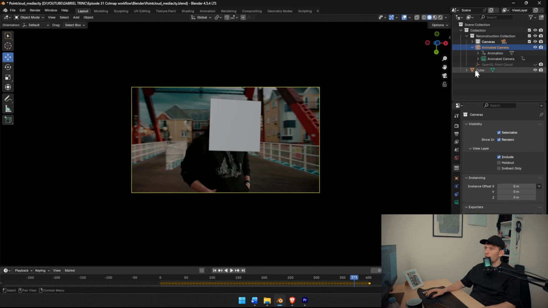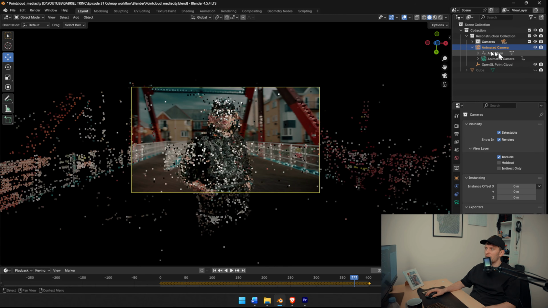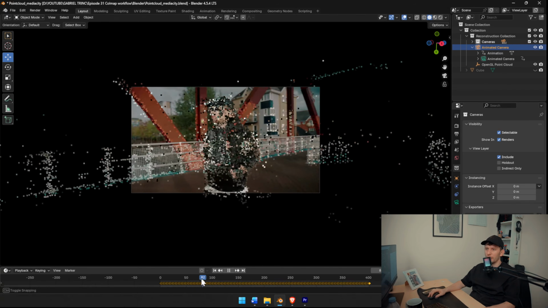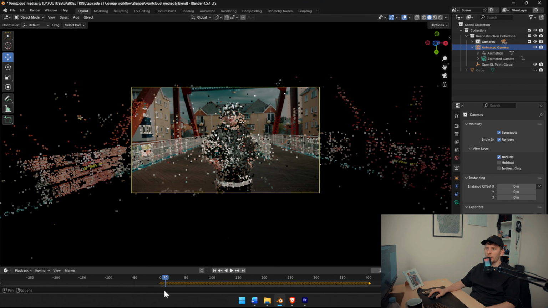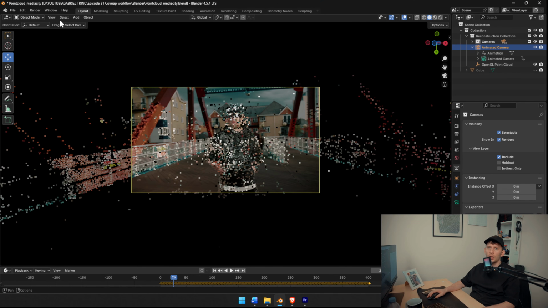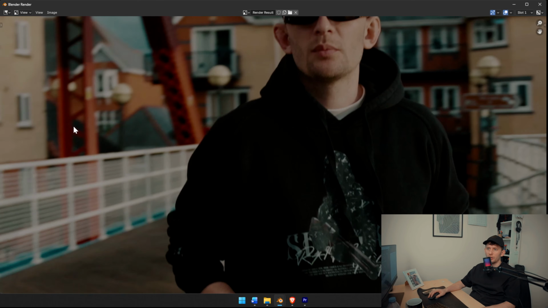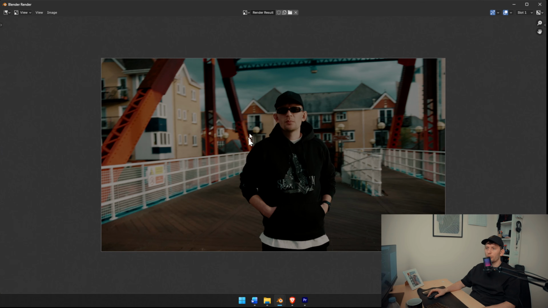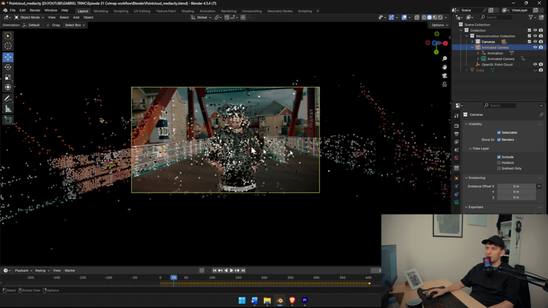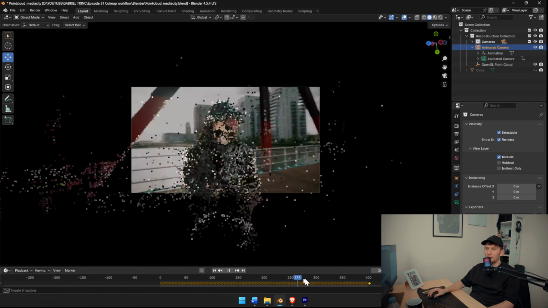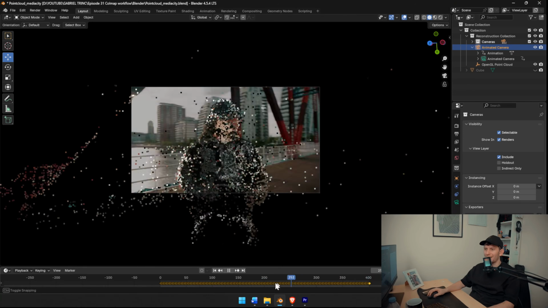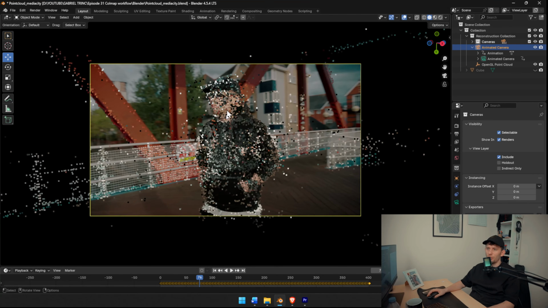Also, when you bring this one in, you see these nice effects. These effects you cannot render in any way because there is no geometry here. So if you render a single image, it will render only your image. The point cloud is not available for exporting, which is quite sad,